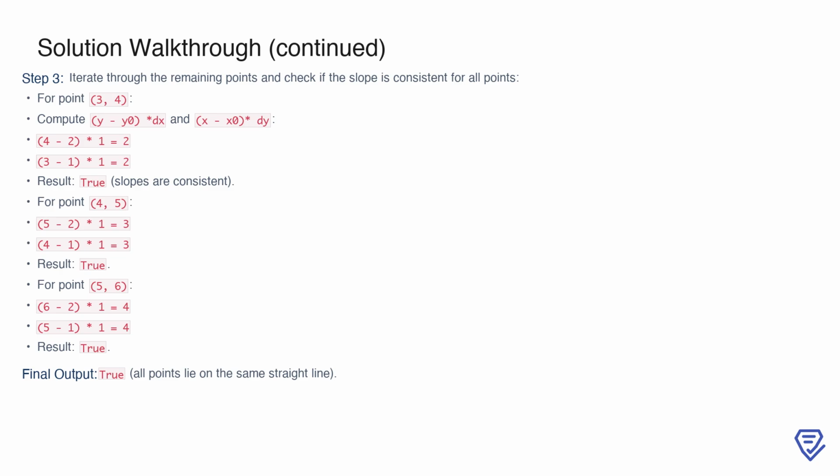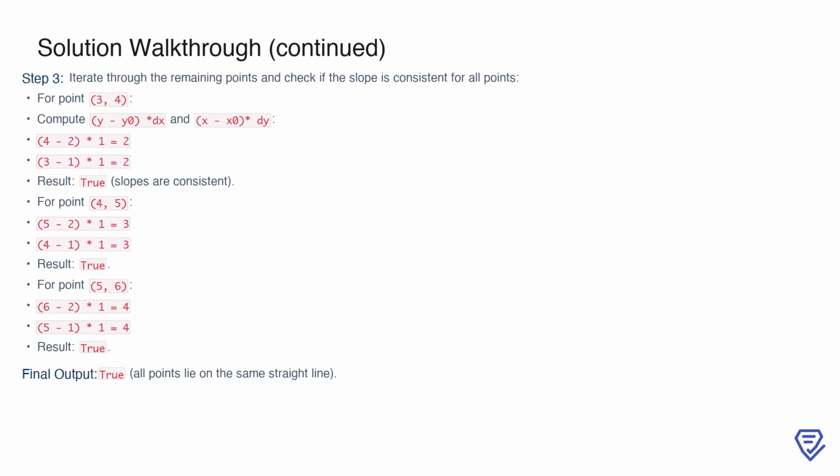Similarly, for the point 4, 5, the calculations are (5-2)*1 equals 3 and (4-1)*1 equals 3, confirming that the slope remains consistent. Finally, for the point 5, 6, we find (6-2)*1 equals 4 and (5-1)*1 equals 4, again confirming consistency. Since all points maintain the same slope as the reference, the output is true, indicating that the points lie on